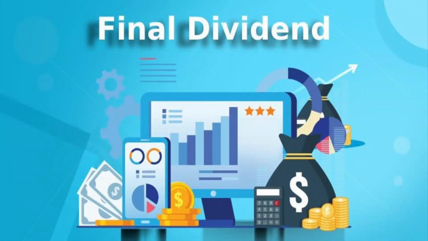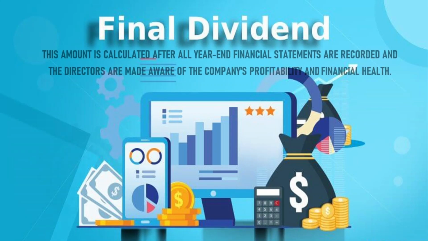What is the final dividend? A final dividend is declared at the company's annual general meeting for the given fiscal year. This amount is calculated after all year-end financial statements are recorded and the directors are made aware of the company's profitability and financial statement. This is different from the interim dividend, which is made before the company's final financial statements are known, audited,